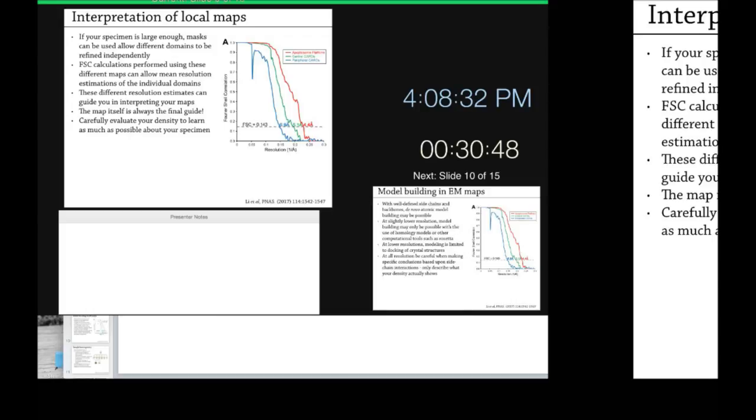And so, as I keep coming back to this, I think it's the most important thing when evaluating any reconstruction: let your map be the guide about what you can interpret. Sometimes you have a good Fourier shell correlation, but when you're looking at it, everything just looks a little bit broken, and you can't quite understand how everything works together because your helices and your beta strands look good, but the loops between them are all broken apart or are very hard to trace, and so it can be really hard to do a full all-atom tracing of the reconstruction